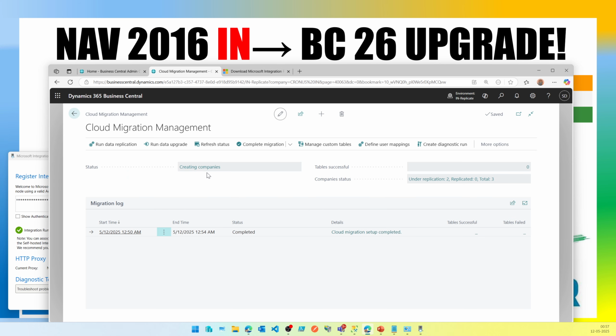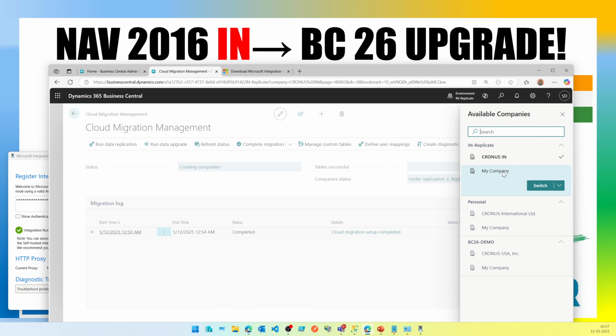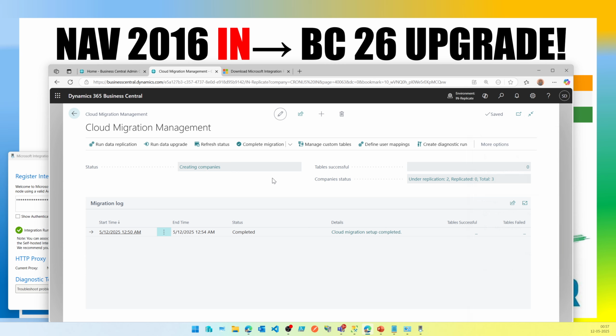It says right now it's creating companies. Remember, we have chosen 2 companies, so those 2 companies do not exist in my cloud. That is Cronus IN and my company. There is not test, not mock. So currently what it is doing in your cloud environment is creating those companies so that the data can be